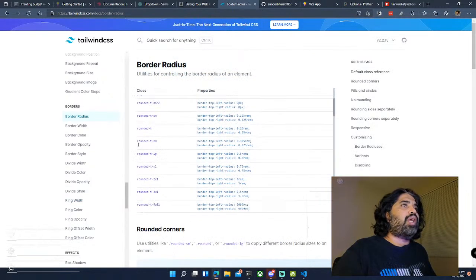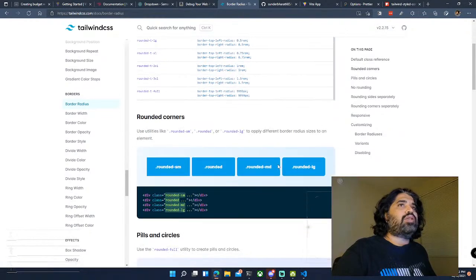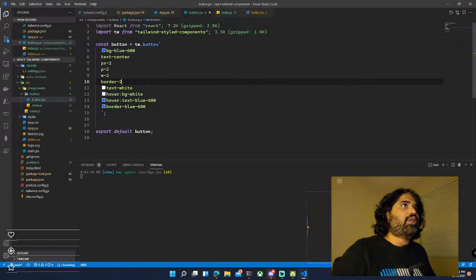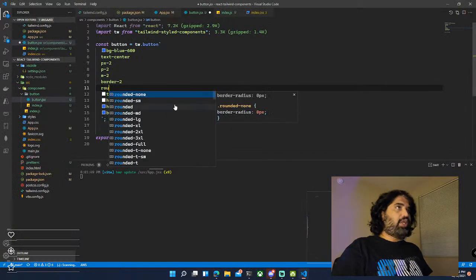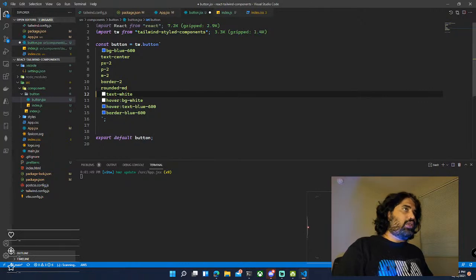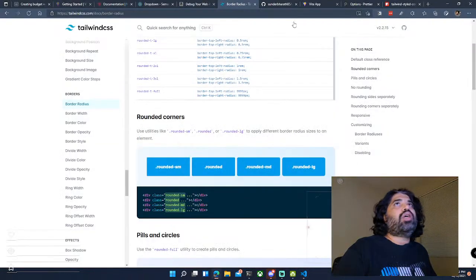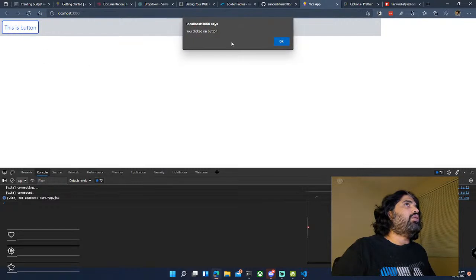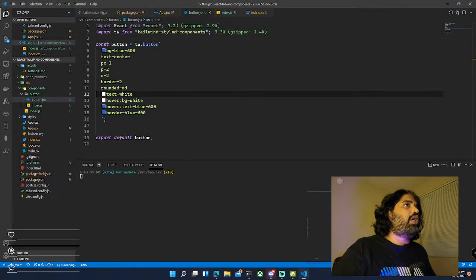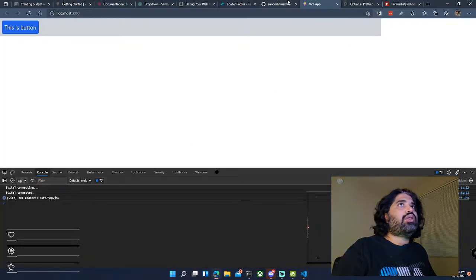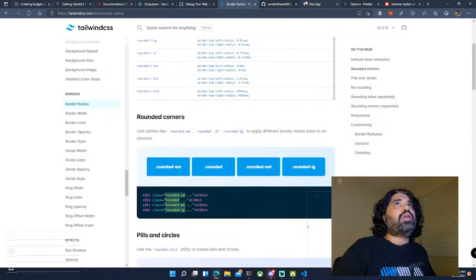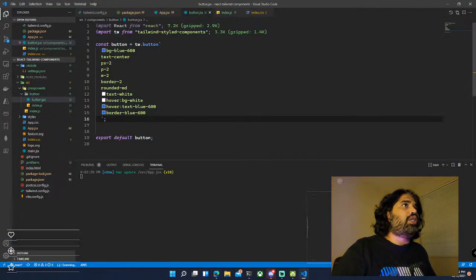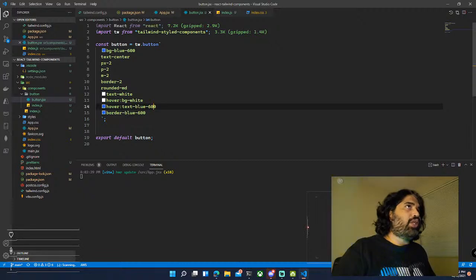Radius, right? So it'll be like, see that, MD. So that's what I need, rounded MD. So I'm going to go here and say rounded. Now I come back here and you see rounded button. And in the same case, you want to conditionally operate this. That's something which I require, because we know that these all are variants, which is based on